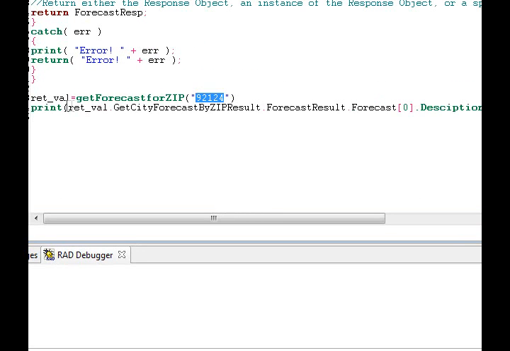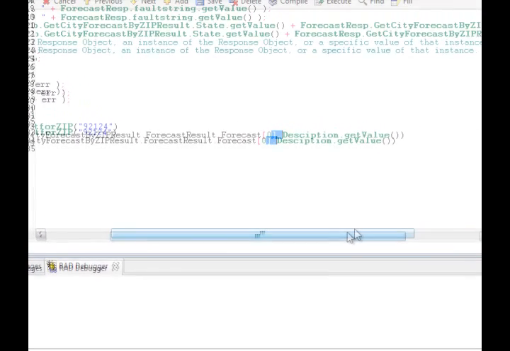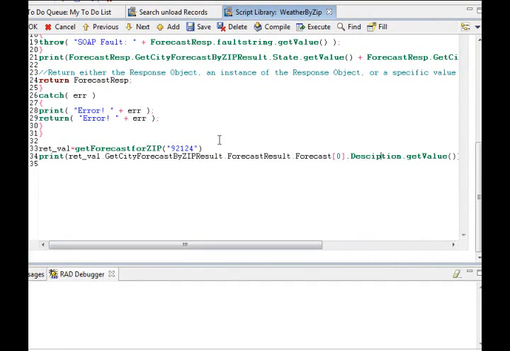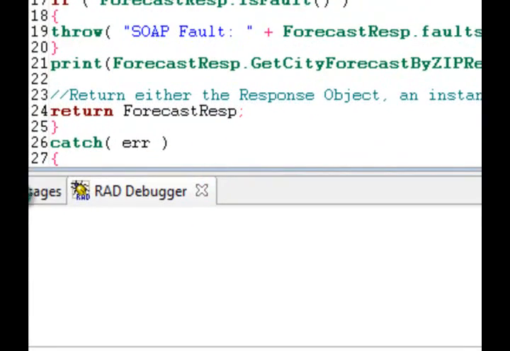So we're actually going to call the function that calls the web service that pulls back the current values for the weather from that service. It actually pulls back everything, all the values, the weekly forecast, but in this case we're just going to bring back the description, including the state and the city information. So let's just give that a whirl here. I'm going to save it, compile, execute,